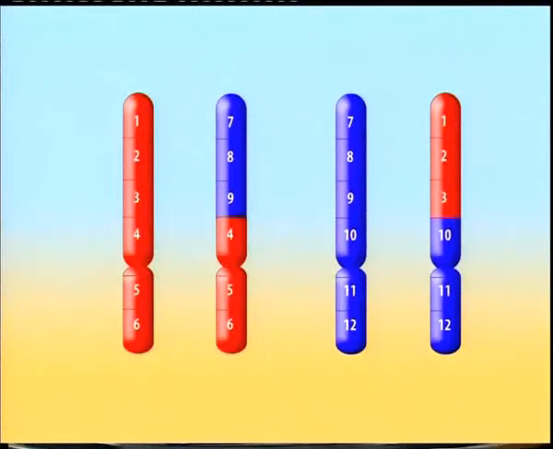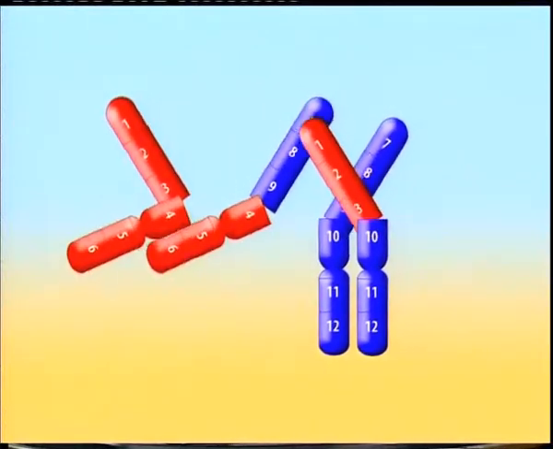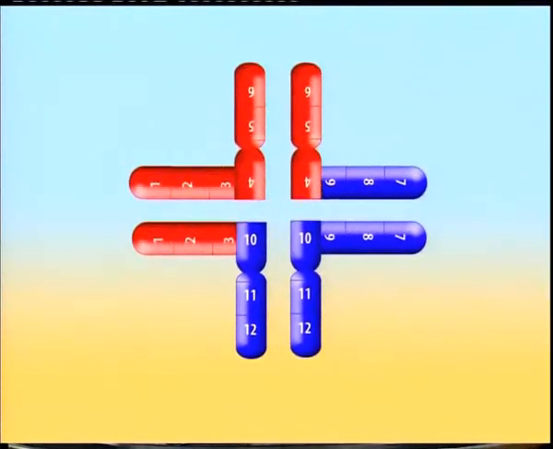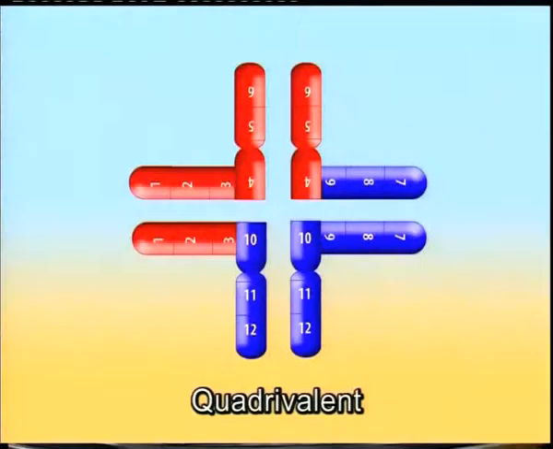hence all the 4 chromosomes involved, that means 2 pairs of homologous chromosomes involved in translocation, pair in such a way that at pachytene stage a cross-shaped or plus-shaped figure is formed. That means 4 arms are formed due to cross-shaped pairing of the quadrivalent. Then, depending upon the nature of crossing over in the 4 arms of this quadrivalent and the chiasma formation in the 4 arms of this quadrivalent, its constitution or configuration will be different